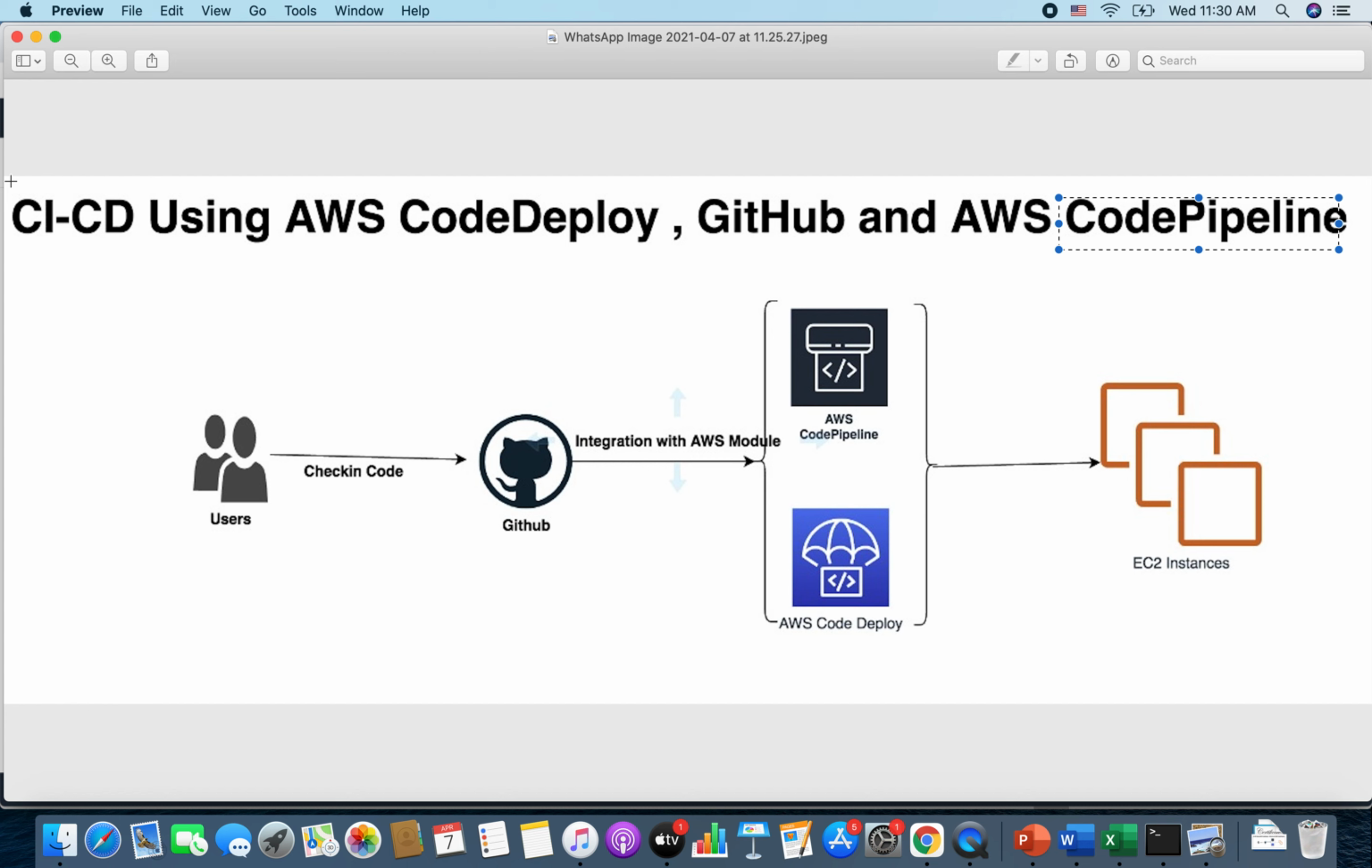As you can see on my screen, the topic for today is how you can implement a CI/CD process or pipeline with the help of AWS CodeDeploy integrated with GitHub and AWS CodePipeline. The architecture in the diagram is quite self-explanatory, and the process is quite common across the IT industry, where we